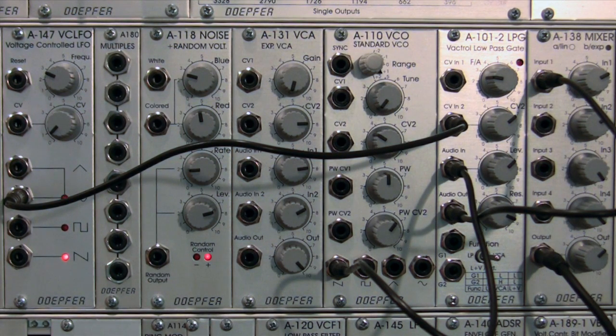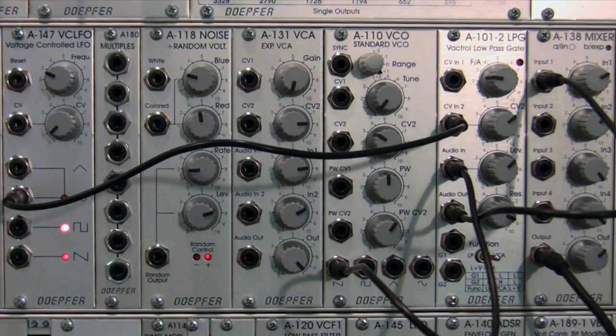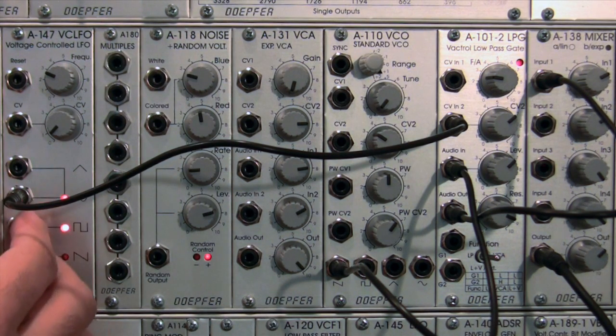So that's the idea of a voltage controlled amplifier, is you can send a voltage to one of the CV inputs and have it adjust the volume up, adjust the volume down. Once you got that basic concept, it's just a matter of choosing what frequency you want that to happen at and what waveform you want to choose. So right there we have a sine wave,